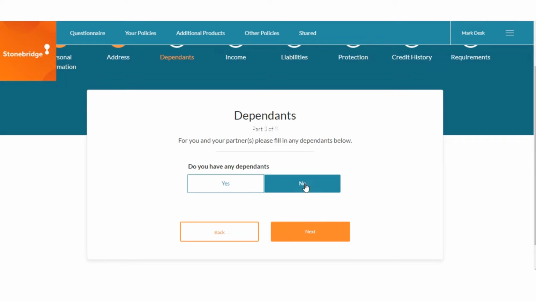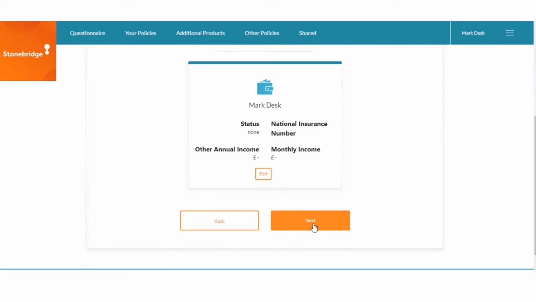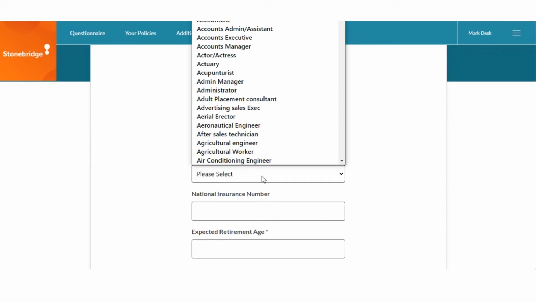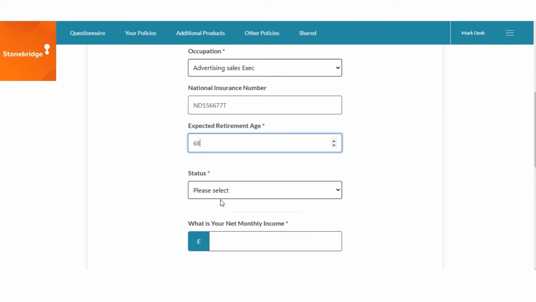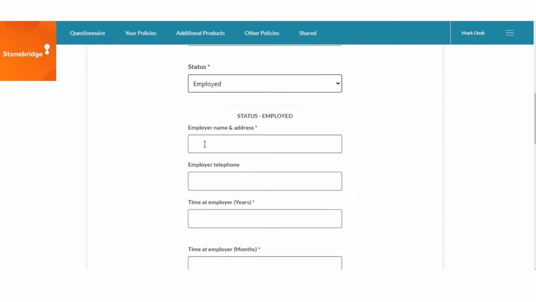Next, they can add in their dependents, continuing on to the income page. They will click Edit and start to add in their occupation, their national insurance number, and their expected retirement age, entering their status and adding in their employer name and address,